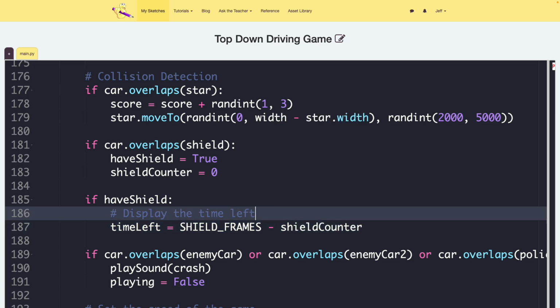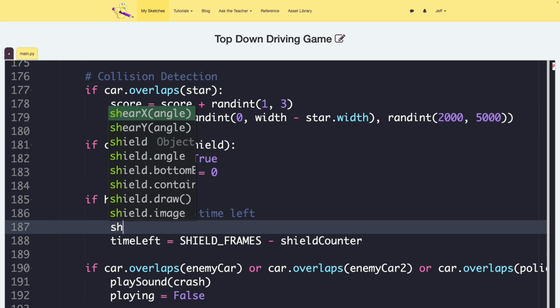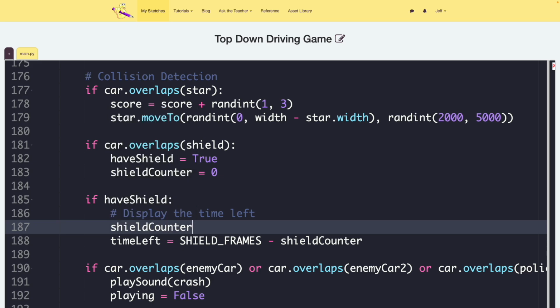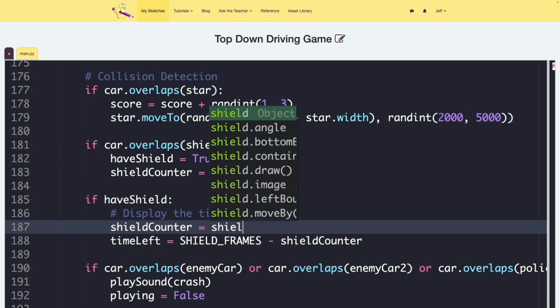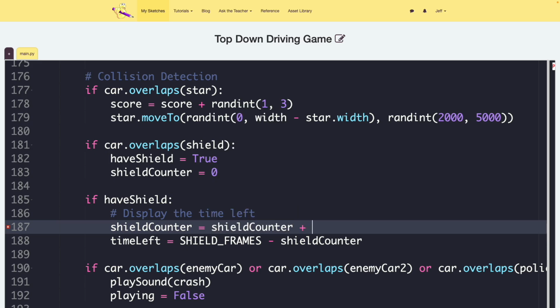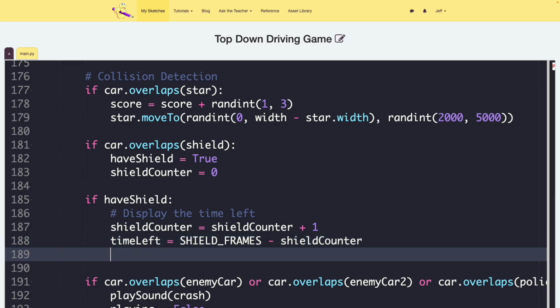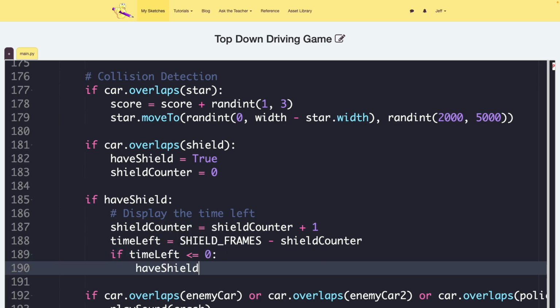And we'll also have to increment the shield counter. So shield counter equals shield counter plus 1. Then if time left is less than or equal to 0, then we say